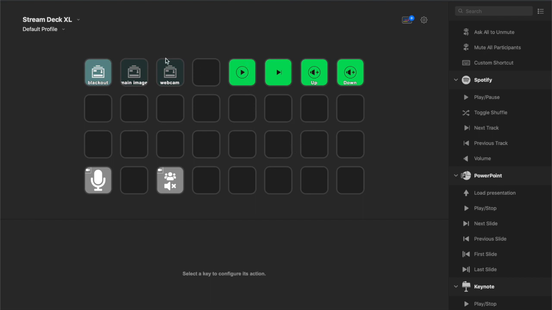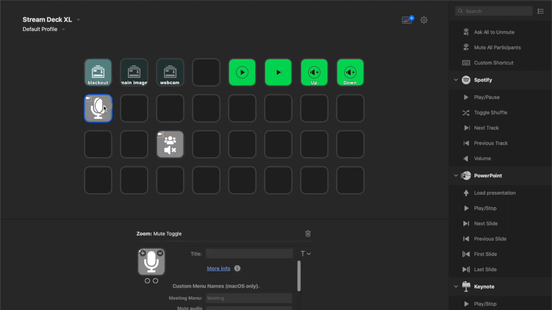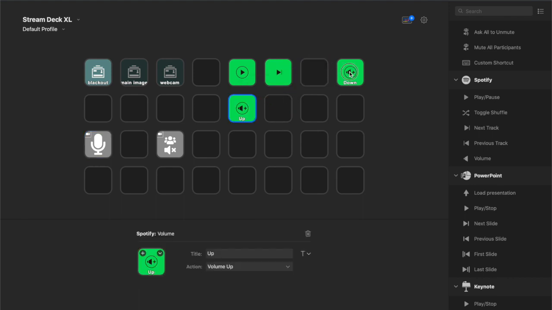And that's pretty much it. You can fully customize your Stream Deck. You can put them in any order that you'd like. You can move these around, whatever makes sense for you. I have the XL model. That's why I have so many buttons here. You may have less than that. So just rearrange to what works for you